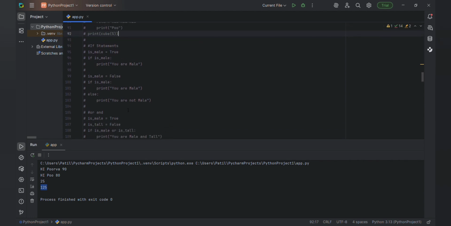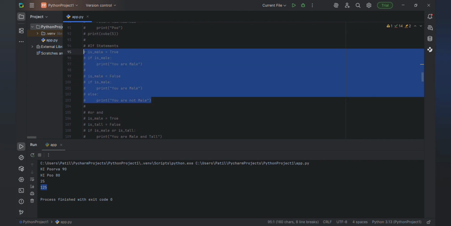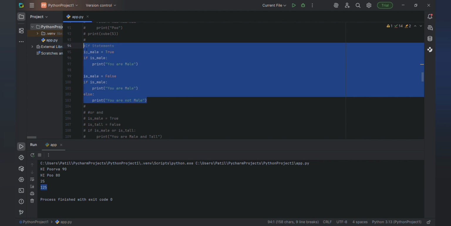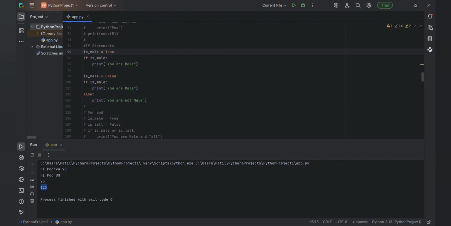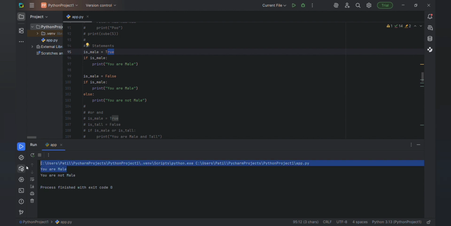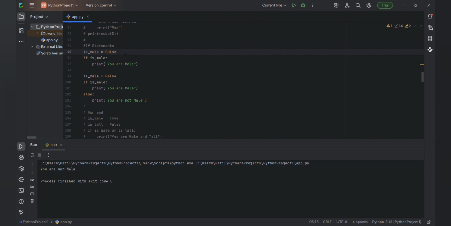The next thing is if else statements. Yeah, in if statements there are if, elif, if else, multiple statements. First is the if statement. Is male, true. True is, as I already said, boolean. So if it is a male, I have already specified this as true, so it will print that. See, you are a male, it will print that. If I specify a false here, it will not print that statement, it will come out of the if. See, it is not printing that.